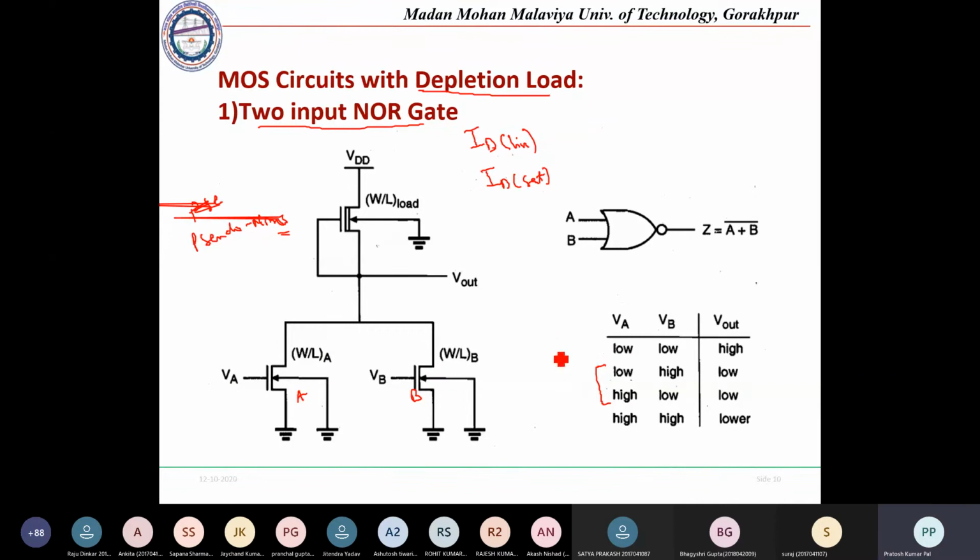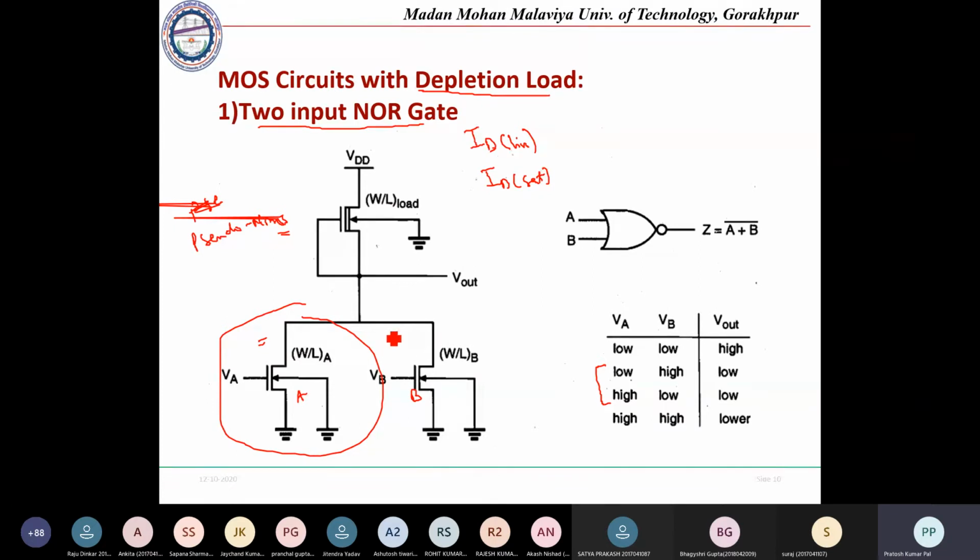Similarly, if one input is low and the other is high, the transistor with the low input is always disconnected from the circuit. The only part remaining is the depletion type load along with the other transistor as a driver. This complete combination is similar to the inverter circuit that we have studied. So whatever analysis we do for an inverter, we can do the same analysis with this circuit also. Even if this one is on and the other is off next time, it will still behave as the same inverter.